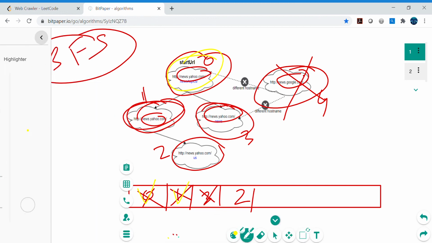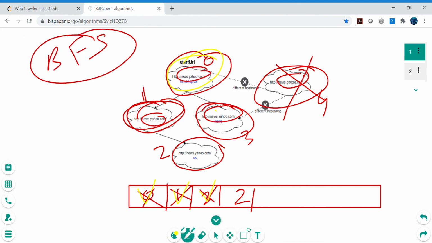What does that mean? Because I am just marking it as visited with a yellow color, right? So this is visited, this is visited. Okay, and this is also visited because we already inserted it to the queue. Once we insert to the queue, we will mark it as visited. So I was saying, once we pass this URL to our API, it's not going to return any URL because there are no other connections to this URL, right? So we are not going to insert anything to the queue.